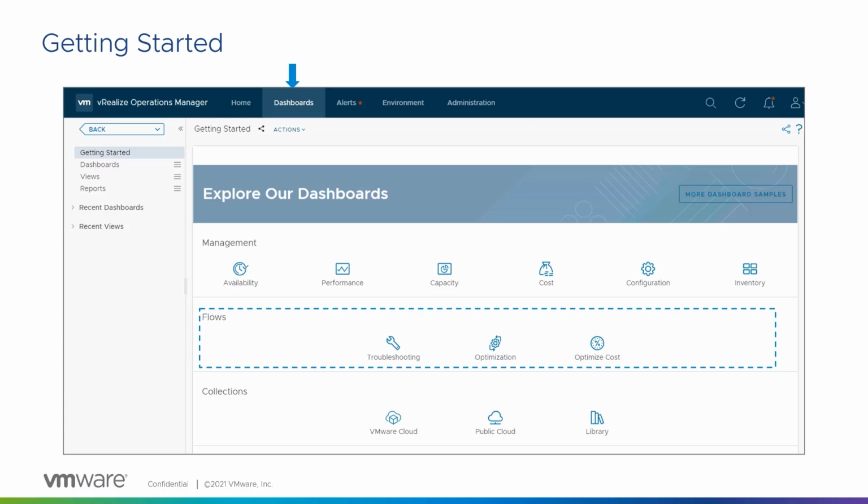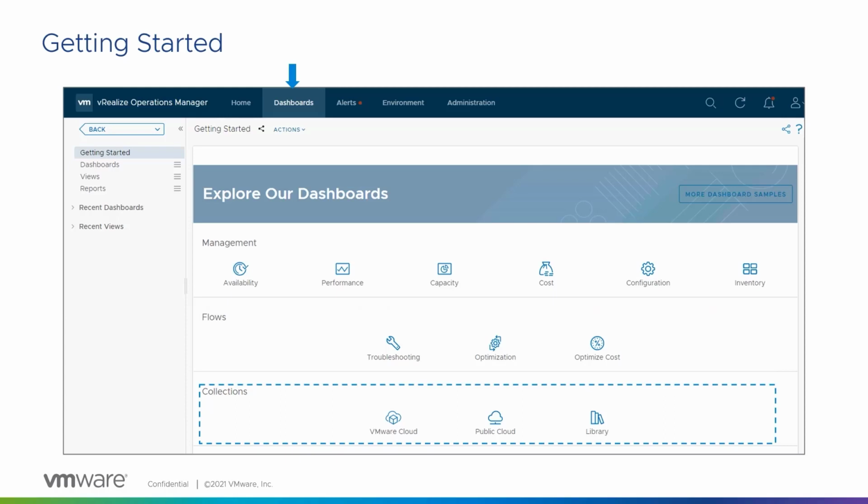If we are starving our virtual machines for resources, we can look at utilization or even configuration, right? So there's a bunch of dashboards within there. Again, all of these are really related to workflow type of activities. And then down below are some of our dashboard collections. If we're looking at things like hybrid cloud, well, here's all of our dashboards for that. If you're looking at public cloud, right, all of the various services and dashboards related to those, well, those are